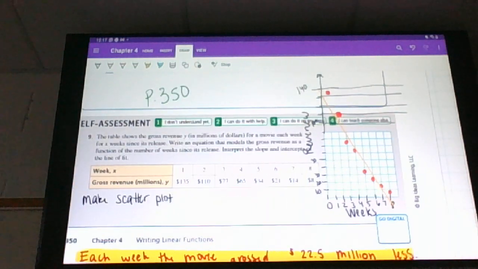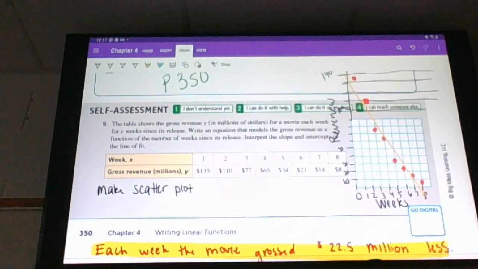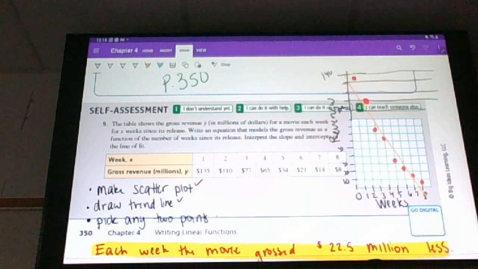So, okay, make scatter plot. That was my first objective. Check. Draw trend line. Check. Next, you pick any 2 points on the line for a slope formula. So this is really difficult for teachers to grade because the points I pick are going